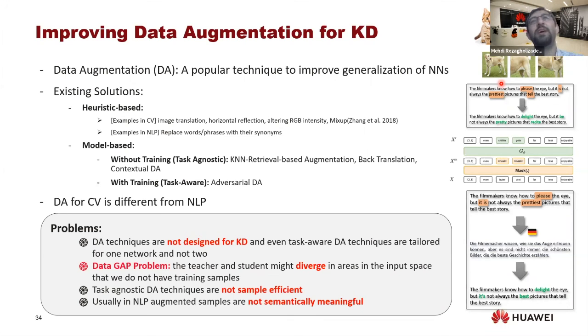In terms of model-based techniques, we have two classes actually. Some models need task-specific training, and some do not. For example, adversarial data augmentation is usually task-aware. We have other techniques like back translation or using contextual data augmentation like BERT that are independent of the final task that you want to apply data augmentation to. So